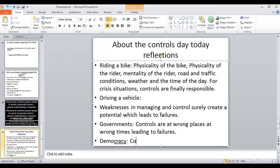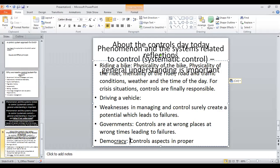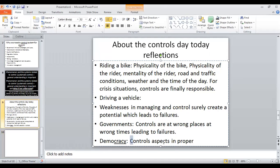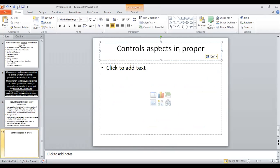Which means there should be control aspects in proper form. Yes, understand? So I take just the final statement: control aspects proper. When the control aspects are improper,